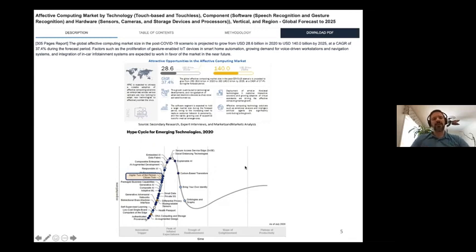And you can see affective computing is also very tightly linked to what's called the citizen twin or the digital twin of the person. So this is where you're trying to build like a virtual version of yourself online. And as you can see in this 2020 hype cycle curve, it's something that's emerging. It's an innovation. It's technologies that are still at their infancy, let's say. So the future is very promising. It's an area that is very promising.